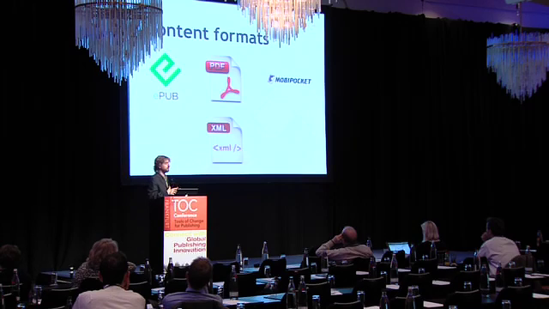EPUB is just about to undergo a new version of the standard. Early next year, we'll be expecting version 3 of EPUB. It's based on HTML. It's pretty easy to produce. The tools are readily available to turn HTML content into EPUB files. So it's based on standards that are known and understood. Similarly, MobiPocket is based on an earlier version of the standard which became EPUB. It's relatively easy to automatically convert content in EPUB format into MobiPocket format. We'll talk about why you might need to do that in a moment.